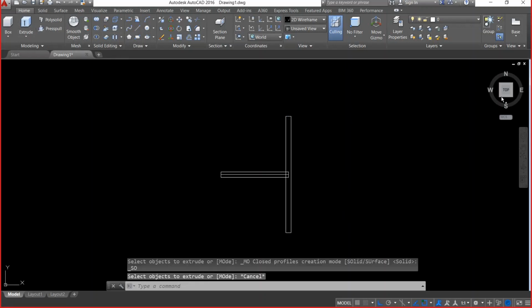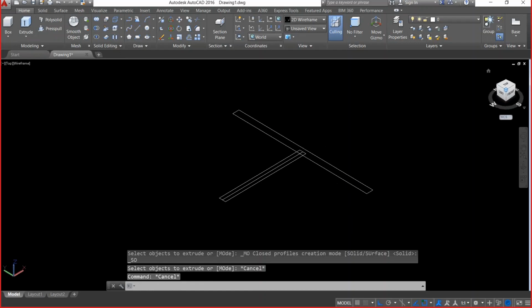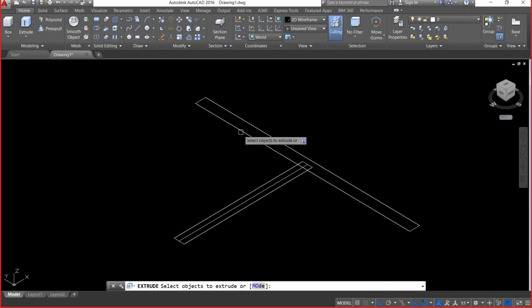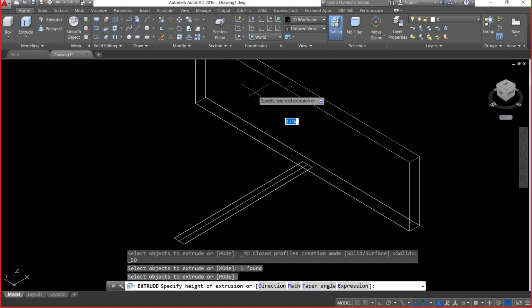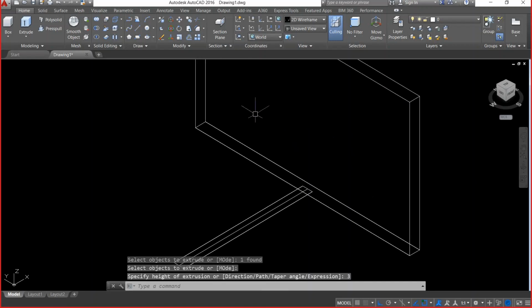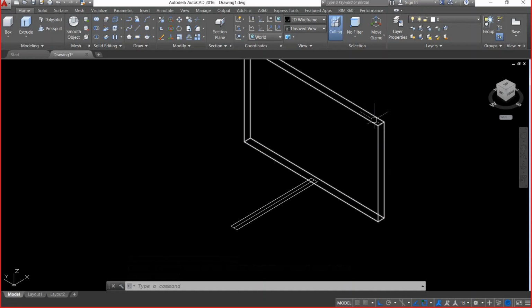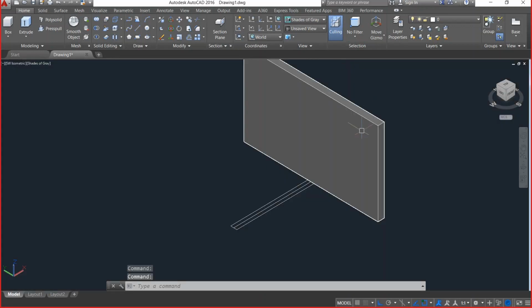Let me switch to 3D. Now let me extrude this by, let's say, some 3 meters. I've already constructed this. Total length is 5 meter multiplied by 0.23, right? I hope you can see it now properly.